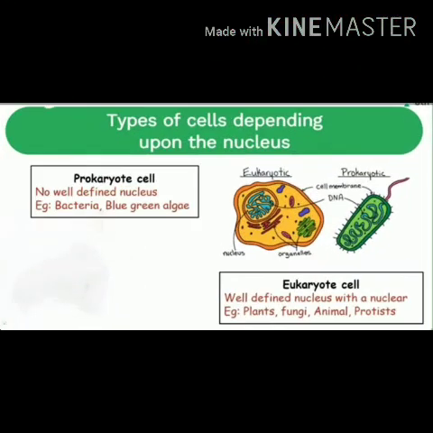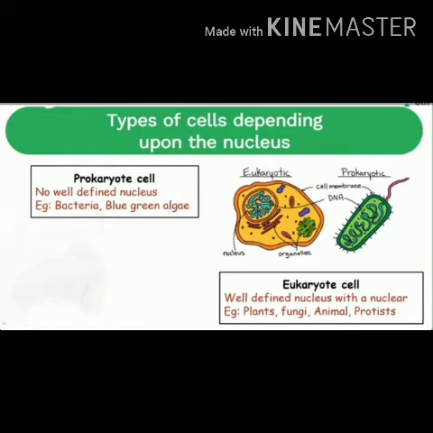Now students, there are two types of cells depending upon the type of nucleus present in the cell: prokaryotic cell and eukaryotic cell. Pro means the primitive, the older one, and karyon means the nucleus. So if a cell has a primitive nucleus, meaning an ancient nucleus,